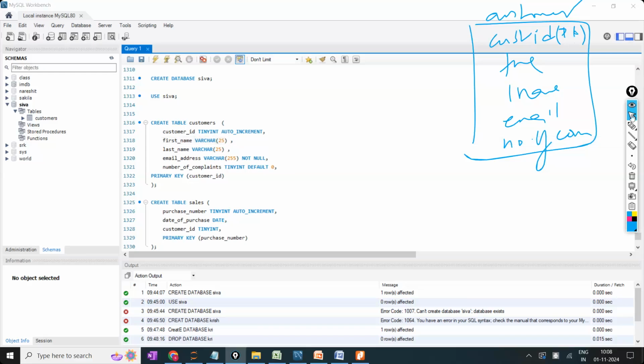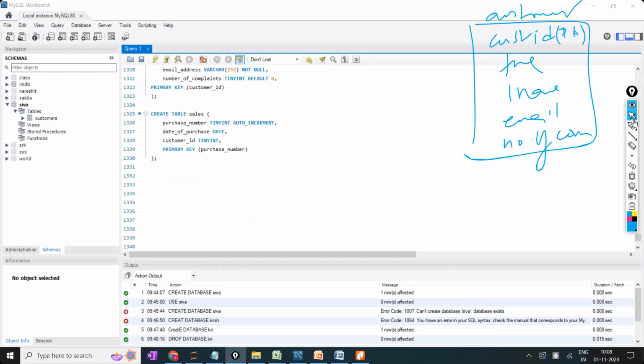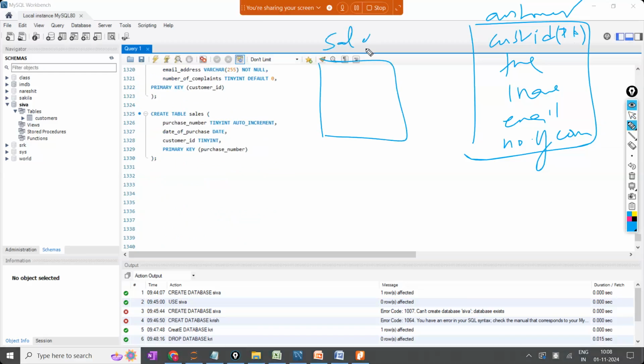Similarly, come to the second table. The way I practice is also in this way only. So first we are going to take sales as the table. Create table sales, means the heading was created. Inside that: purchase number, followed by date of purchase, followed by customer ID.